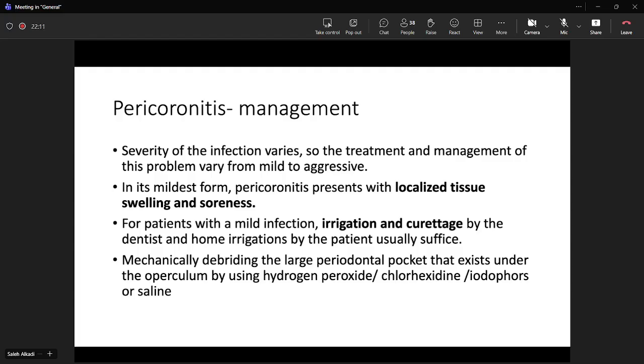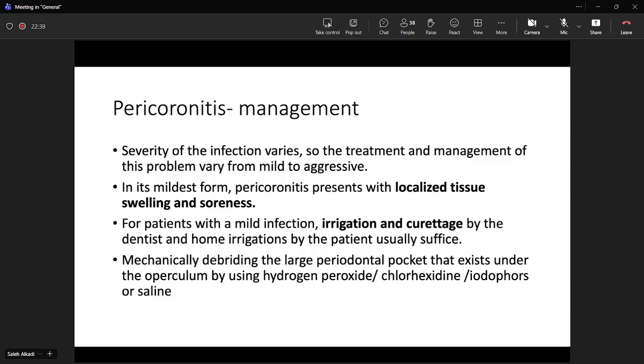Patient can use any mouthwashes or any solution that you use in the clinic, as we're going to mention them now. So what you do is just provide the patient with painkillers and debride the area mechanically, like doing for treatment of periodontitis and treating periodontal pockets. So you treat these pockets under the